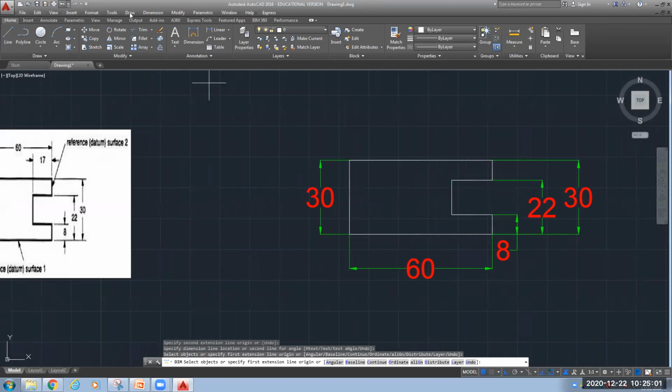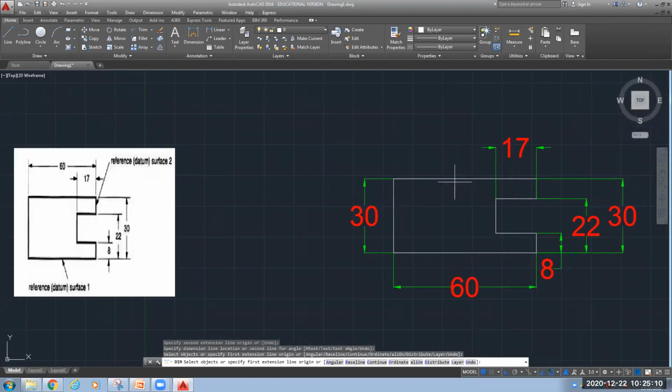Now this portion I will specify over here, select this point and the corner point, locate this wherever you want. Now 60 I have already mentioned here, so I will not give its dimension on the top side, or else, in engineering language, the drawing will be over constrained.